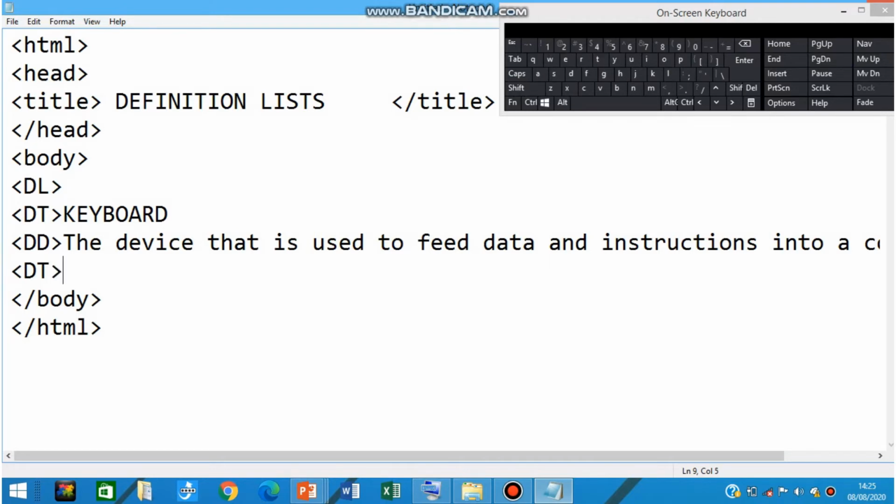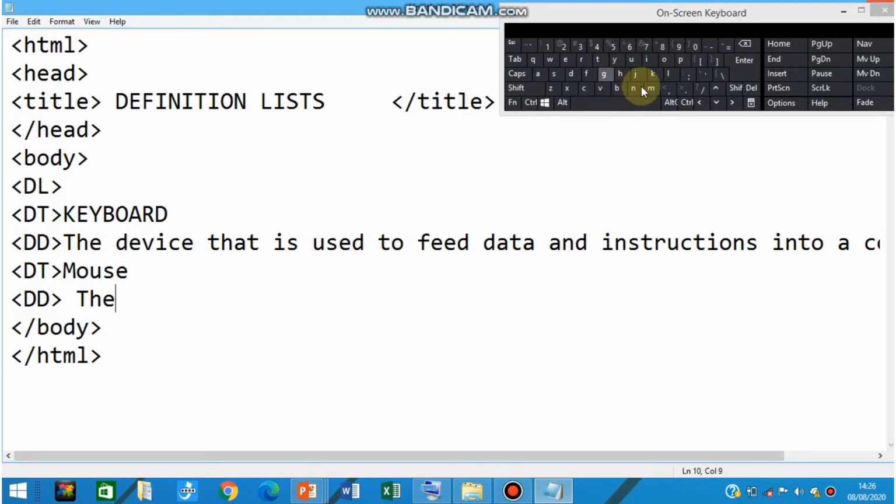Next term is mouse. Now how will you add the definition of mouse? Using DD tag. The device that is used to select objects on the screen is the definition of mouse.